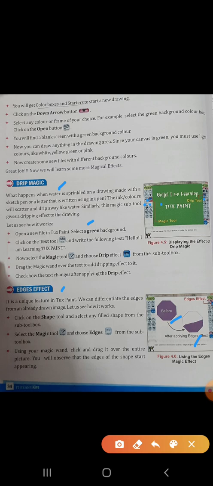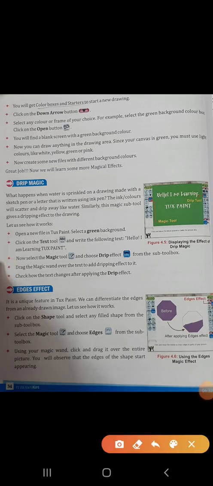How we will know? First, we have to select the shape tool, and from there we will select filled shape, not unfilled. We will select filled shape like this. Then we will select magic tool, and there we will select edge option.